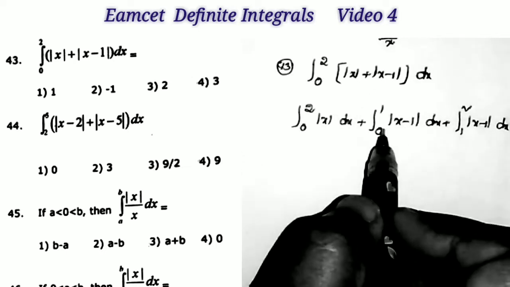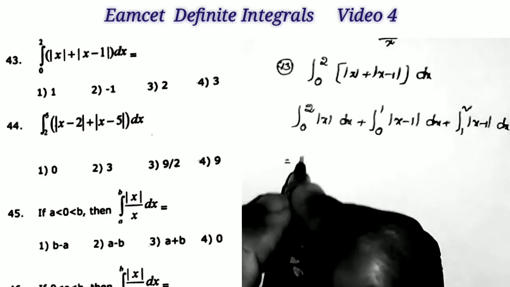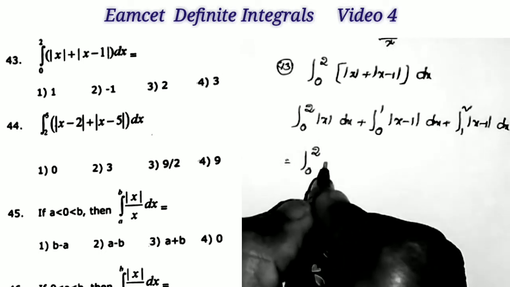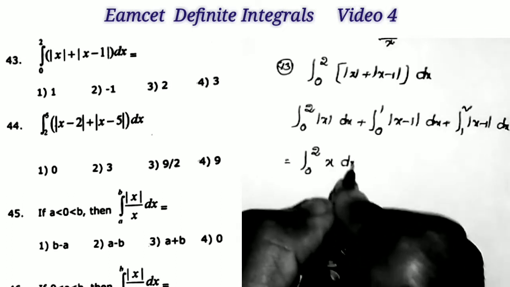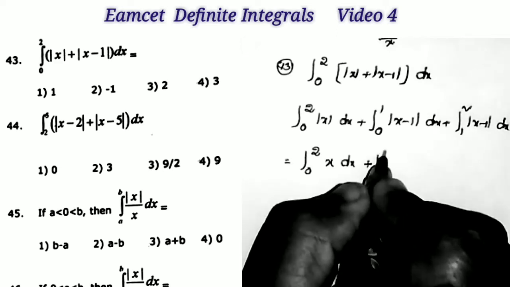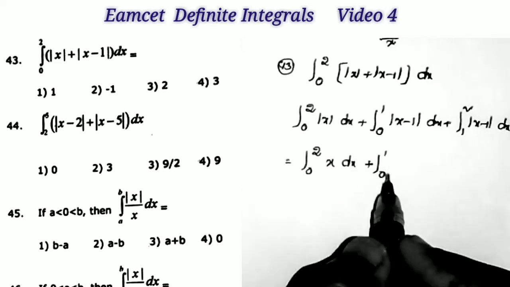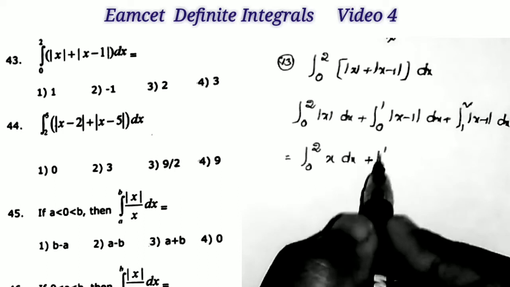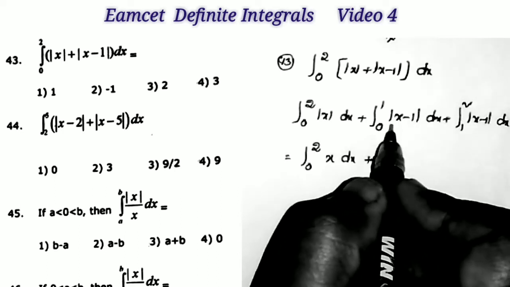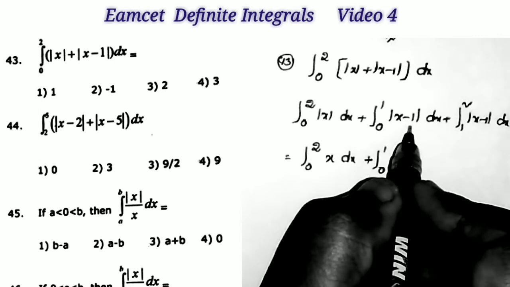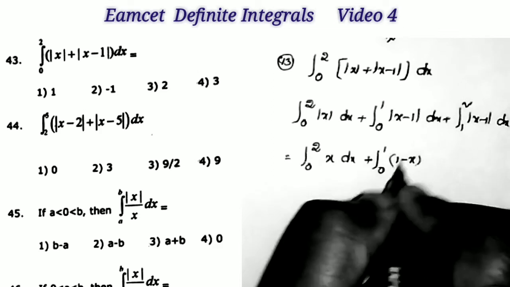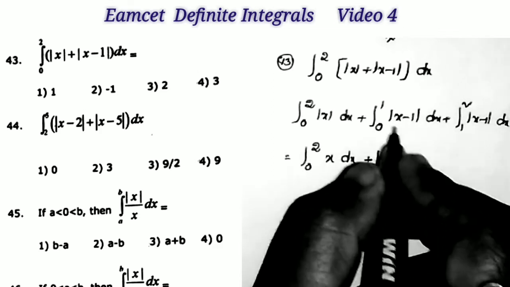we are splitting the limits like that, and this is equal to the integral 0 to 2, a positive value, so mod x returns the value plus x. So in this interval the value of the function is equal to plus x here. And for the integral 0 to 1, we take a value lying between 0 and 1. Suppose I take 0.5 here, 0.5 minus 1 is equal to minus 0.5, which means it returns a negative value. So here we take the function value as minus of x minus 1, that is 1 minus x,